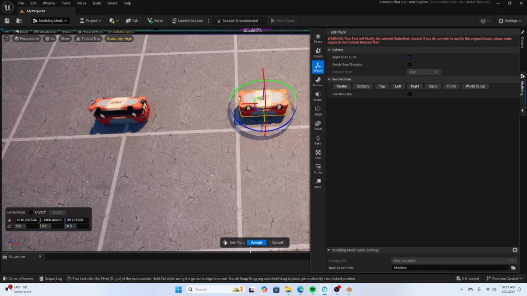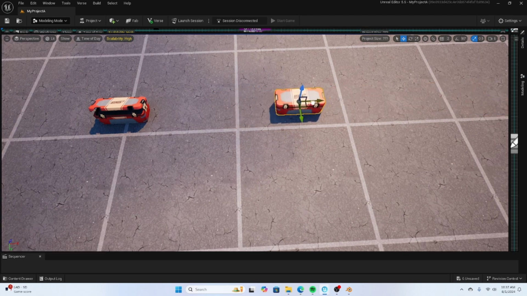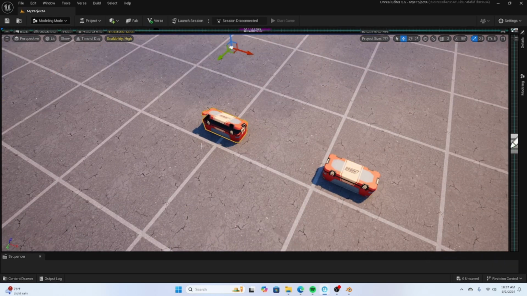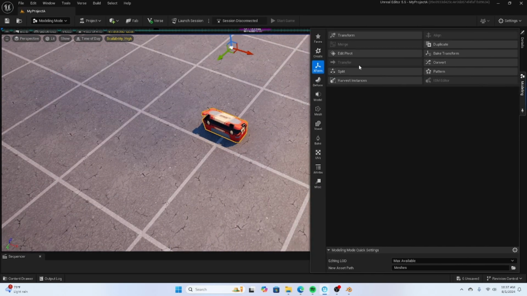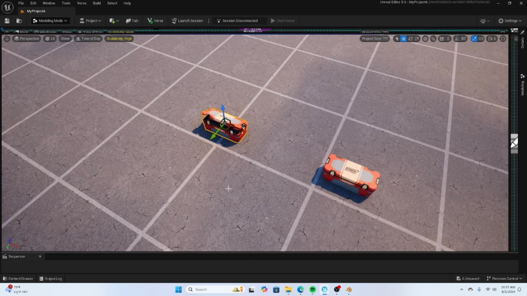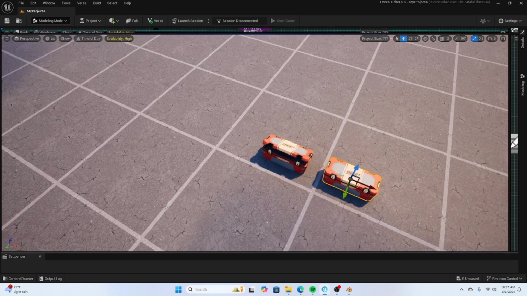That's the best thing to do. And then just click accept on edit pivot, and you're going to notice here that now my pivot is actually aligned with the chest, which is great. It's what we want. And then over here, we're going to do the same thing with this open mesh. So go back to modeling, edit pivot, click center, accept. Alright, and now you can see that both chests have the correct pivot position, so it's just easier to work